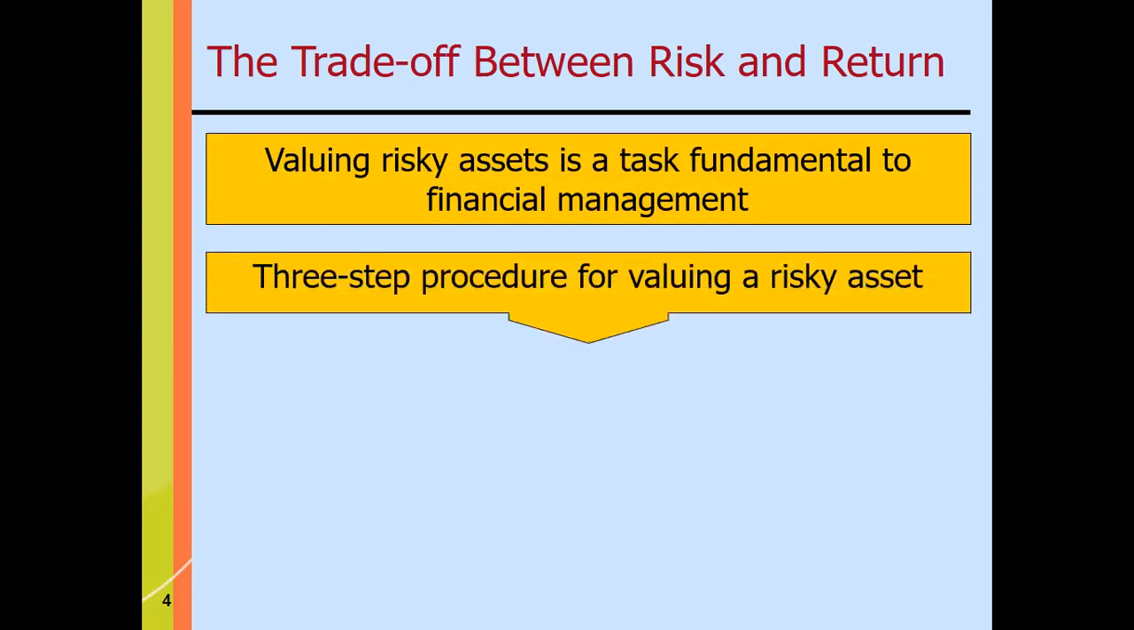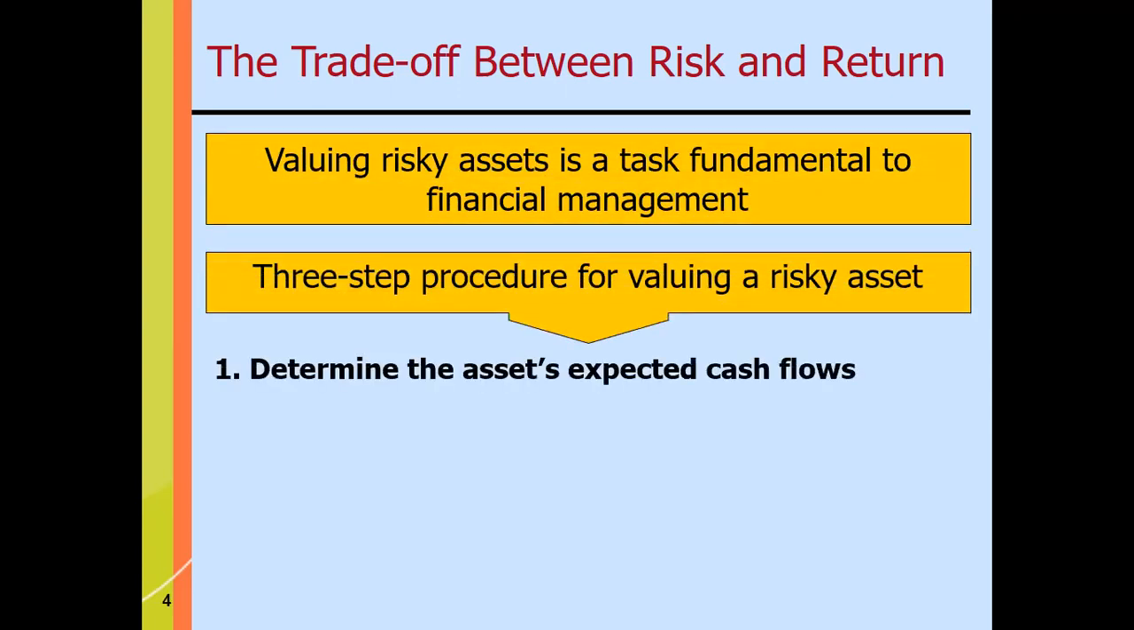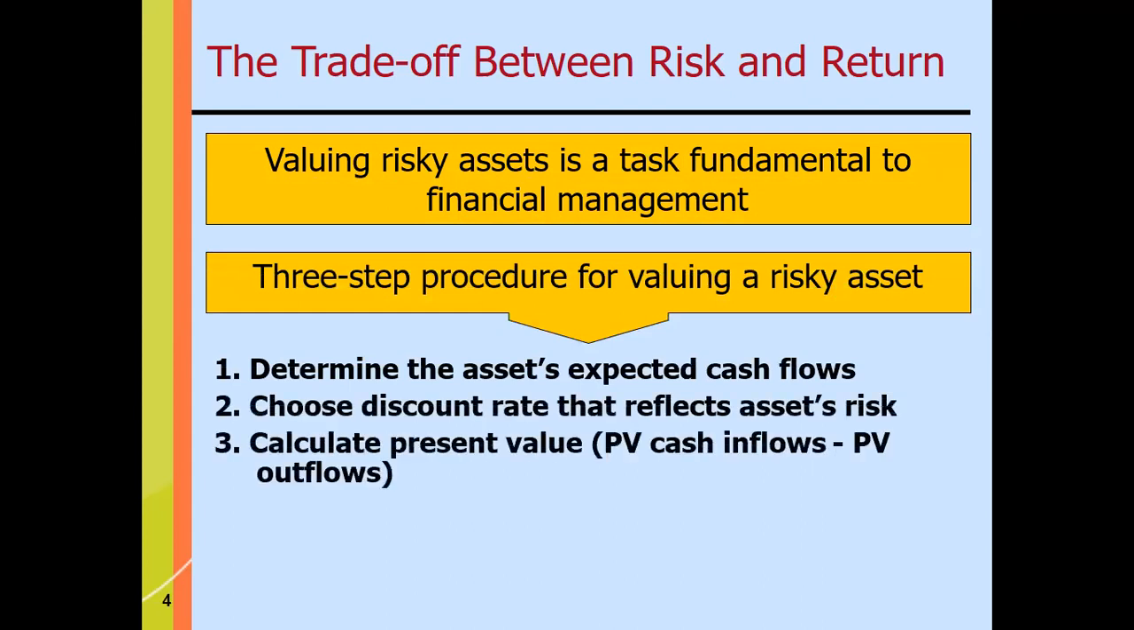Then for financial management, if we value these risky assets, that's the challenge. But this is fundamental under financial management because we have to know, even if it is an estimate but professionally done, the values of these risky assets. So we have three procedures. First is to determine the asset's expected cash flows, whether positive, meaning cash inflows, or negative, cash outflows. And then we have to know the discount rate or the weighted average cost of capital or the hurdle rate